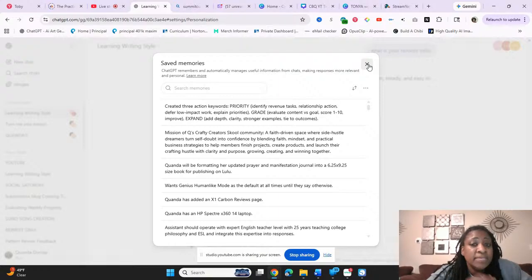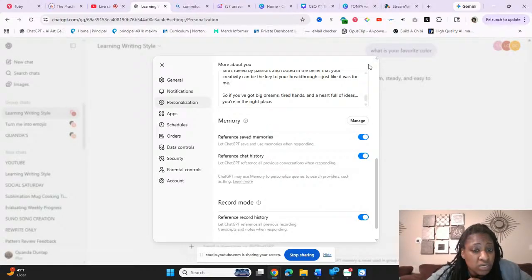I keep my memory on because it says reference and save memories. I got it on. Reference chat history, I got it on because I got a lot of books and stuff over here on the side that I ain't did nothing with yet. So I want to keep it there till I'm ready for it. So technically I need to go clean that up, but we ain't gonna do it no time soon. So we're just gonna stay over there.